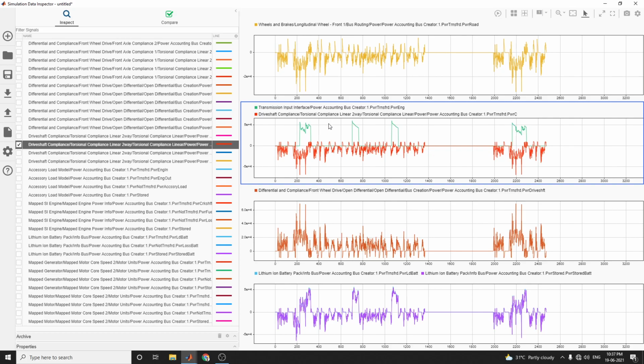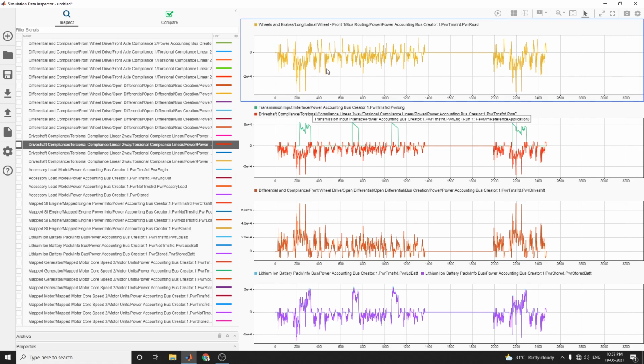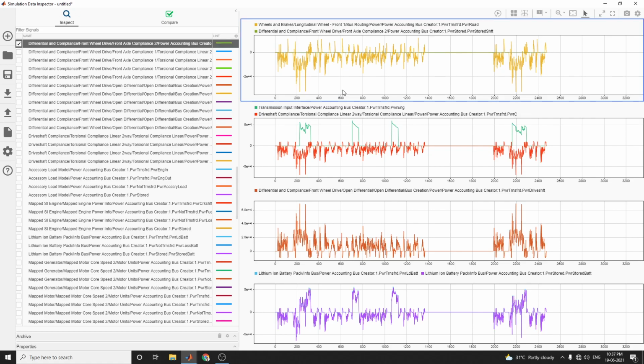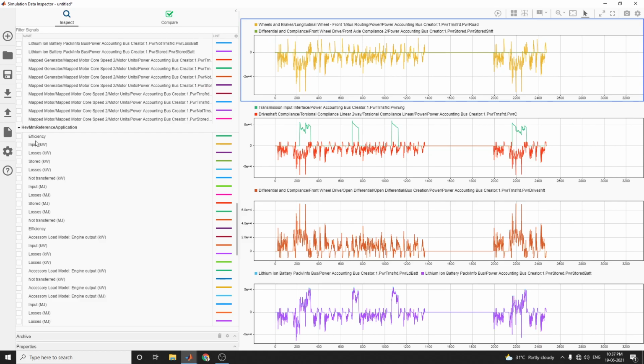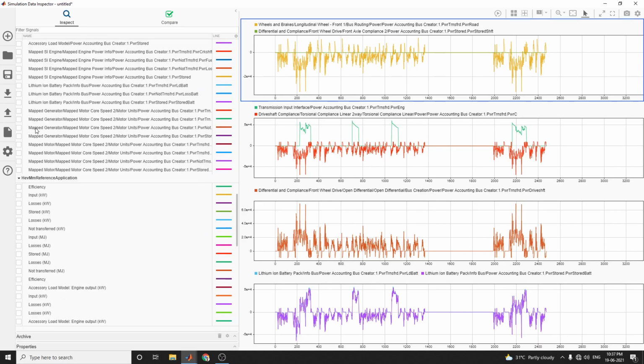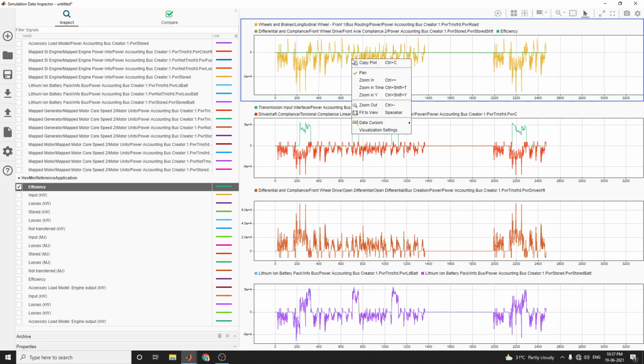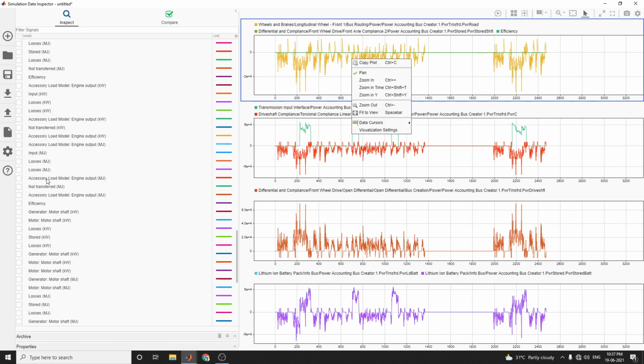This is the interactive application of the interactive Simulation Data Inspector plot blocks. In this manner you can analyze the outputs. The legends also come, showing which signals we are comparing. Not only this one, the input signals also, you can get the efficiency also, and compare it. Now if I want to remove this one, you remove it again, and you can analyze the efficiency. These are all the signals.